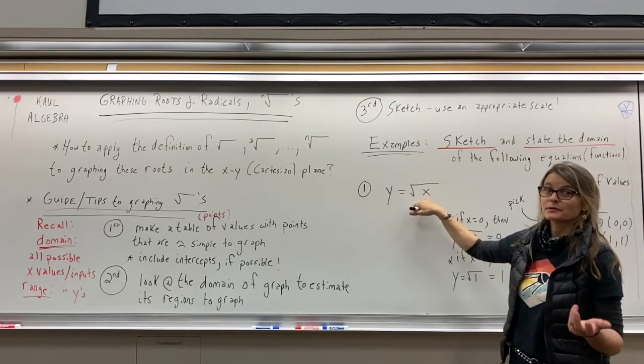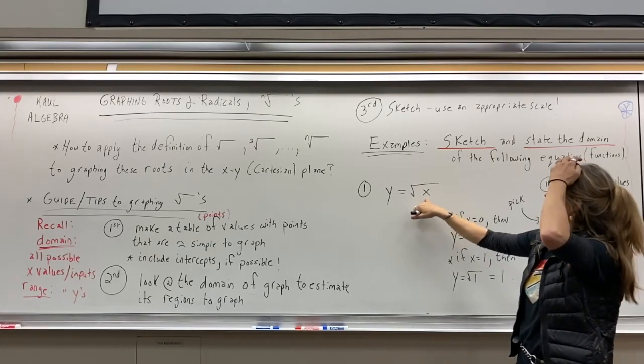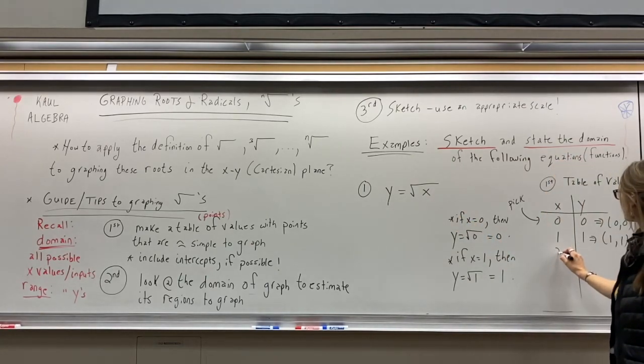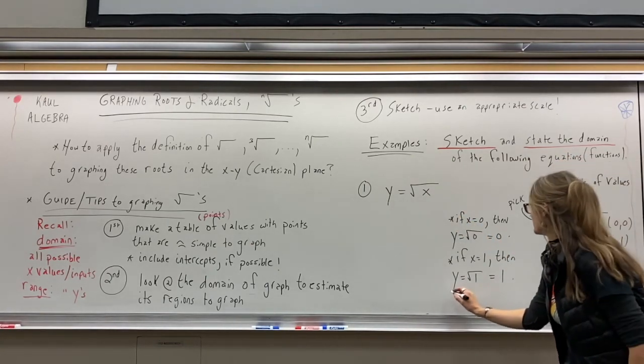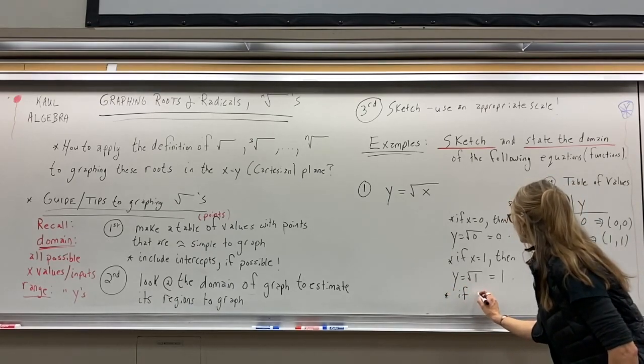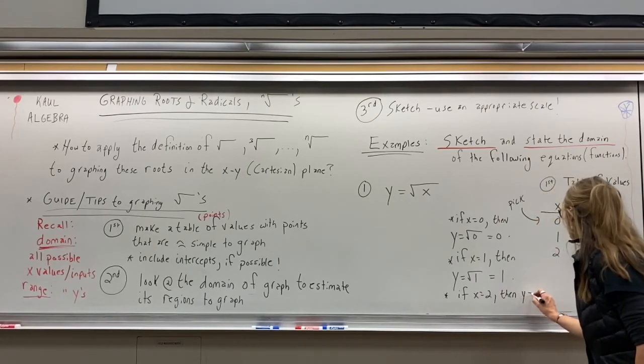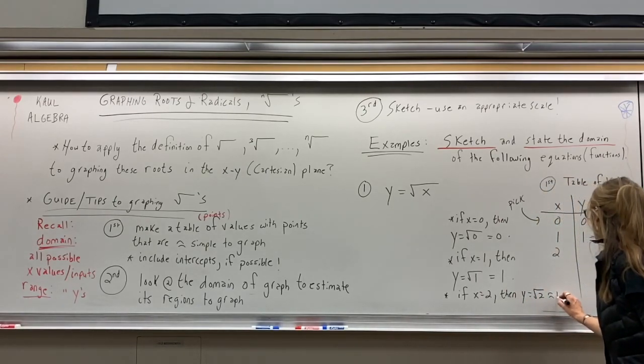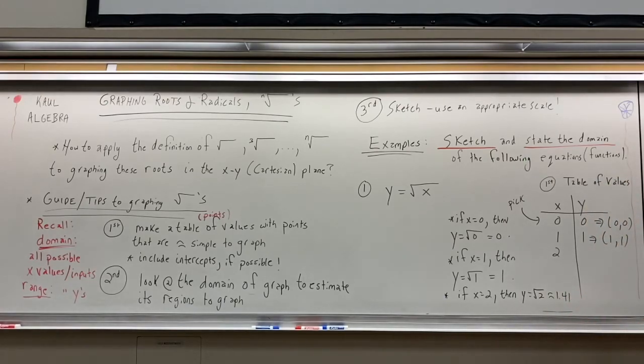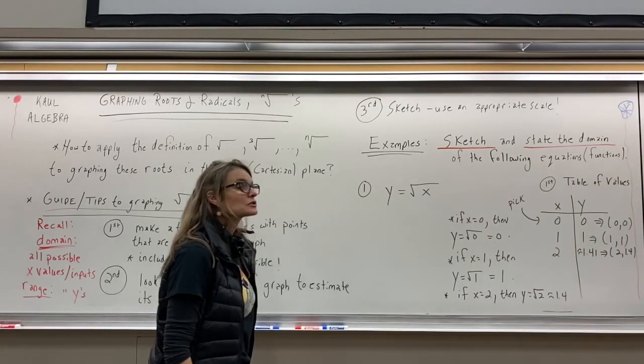pick the number 2 because the square root of 2 is an approximation. I could use a decimal form. I could say, well, if x is 2, then y equals the square root of 2, which is approximately 1.41, if you put that on your calculator. Not the best number to use. It's a hard one to graph. So I'll leave it at 1.4 to make it easier. I want to pick some nicer numbers,